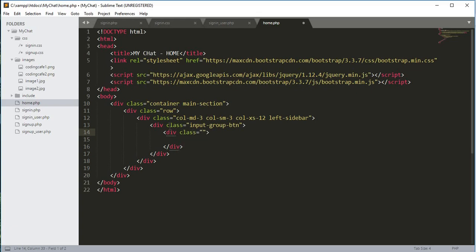The class will be input-group-btn, and now inside this div we will